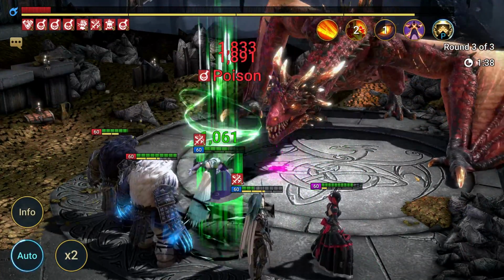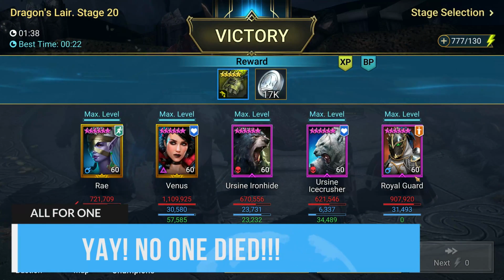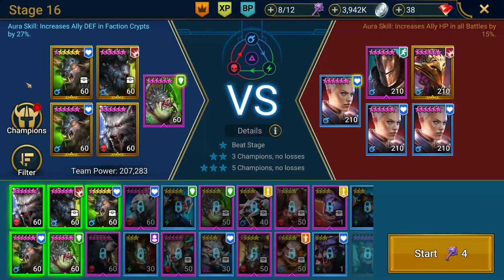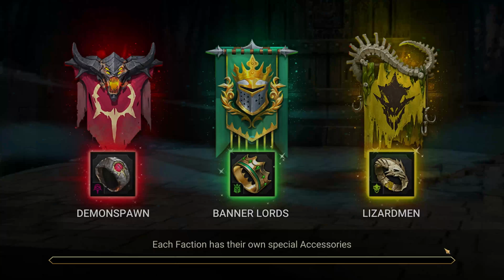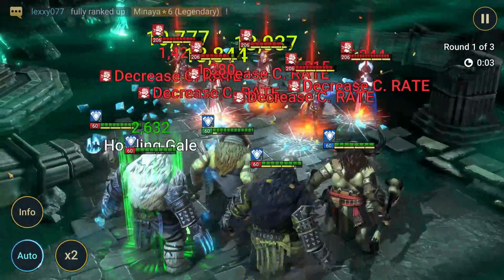Alright, here we go. It's about to go down, and boom. So that's a clear, not too bad, a minute 38. But let's check them out in Faction Wars. So this is where these bears shine. So we're going to replace 2 legendaries for 2 epics, right? And we're going to be a lot more successful in stage 16 for Skinwalkers in Faction Wars, because